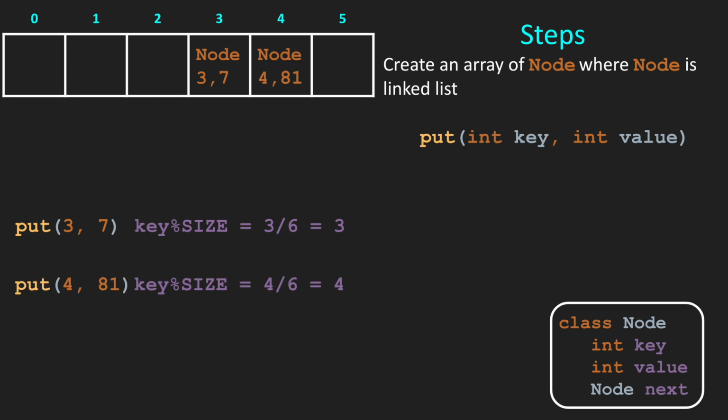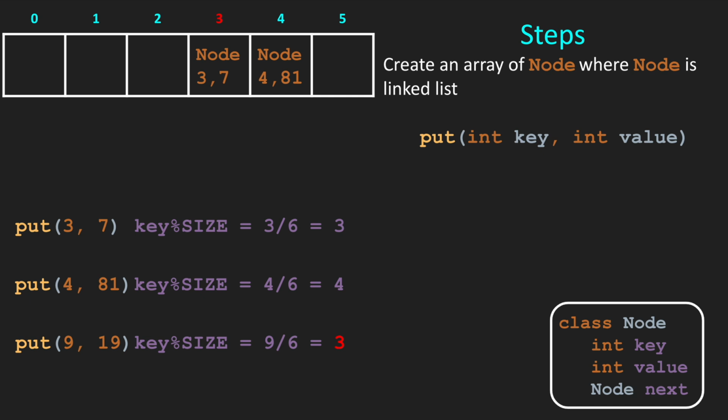Let's take another example where we are adding key value pair 4 and 81. In this case, again, we are taking the modulo and it's 4, so we are storing that in the 4th cell for key value 4 and 81. And the next one is we are adding 9 and 19. Again, we are taking the modulo to size and it gives us 3. But we already have a node in the 3rd cell